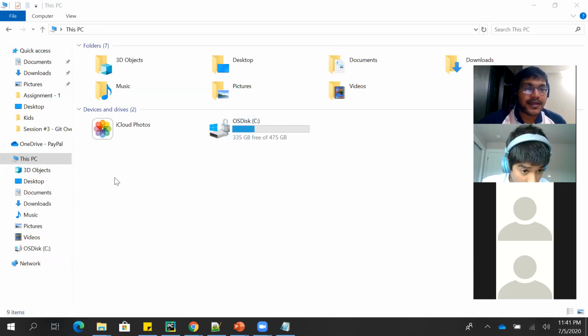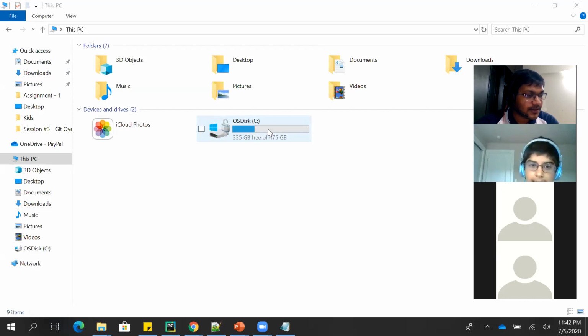Okay, my computer. Now you see here these different drives. You might see more drives, like I have only the C drive, you might see C, D, E. That is how you partition your drive. The operating system is installed in the C drive every time by default, and you store all your data in the D drive. Don't store anything in the C drive, because if anytime your computer crashes, or you format your operating system or delete something,